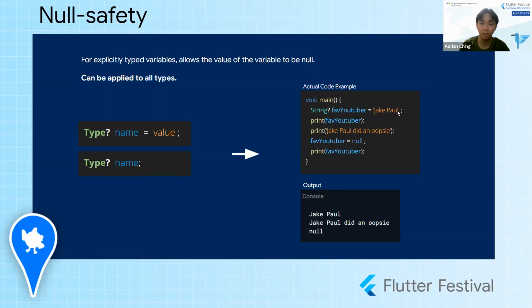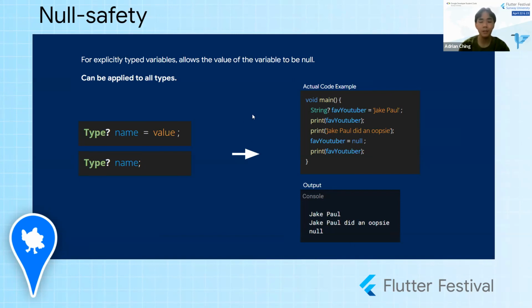First, the value is a YouTuber's name, print it out, and let's say maybe that YouTuber did something wrong or something. I don't know, cancel culture on Twitter, whatever. And now you don't have a favorite YouTuber. So it's fine to assign the value to null. You don't need to have a favorite YouTuber. It's fine to not have one by doing this question mark thing here. So this is called a nullable value.